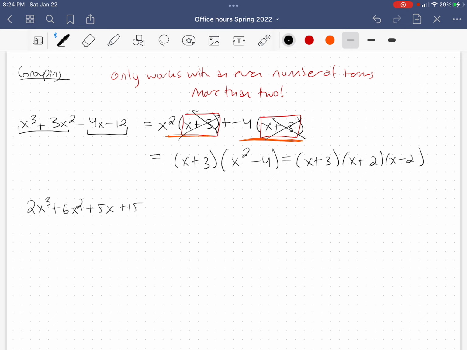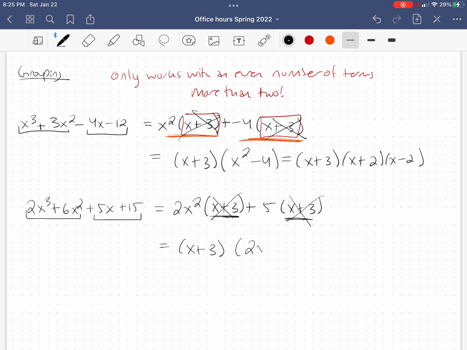All right, another one. We will group it. Okay. Out of the first two, I can pull a 2x squared, and I'm left with x plus 3, plus. Then I look at the second grouping. I can pull a 5, and I'm left with x plus 3. And yay, these terms match. So I can pull out the x plus 3, so they're now gone, and what am I left with? 2x squared plus 5, which does not